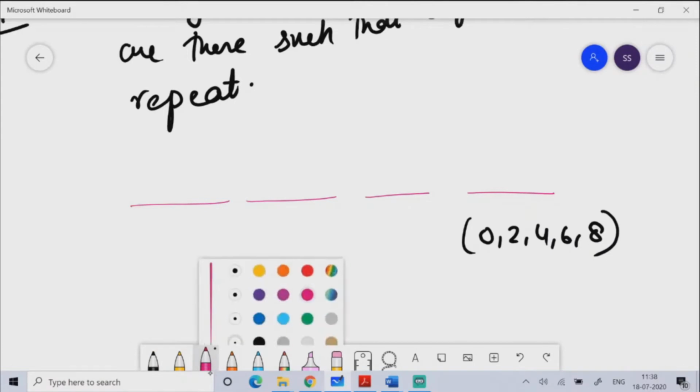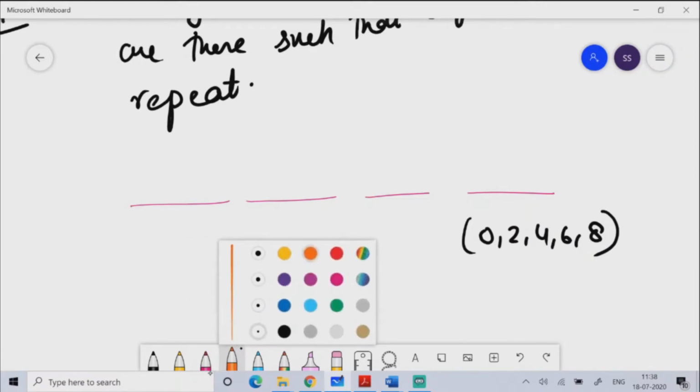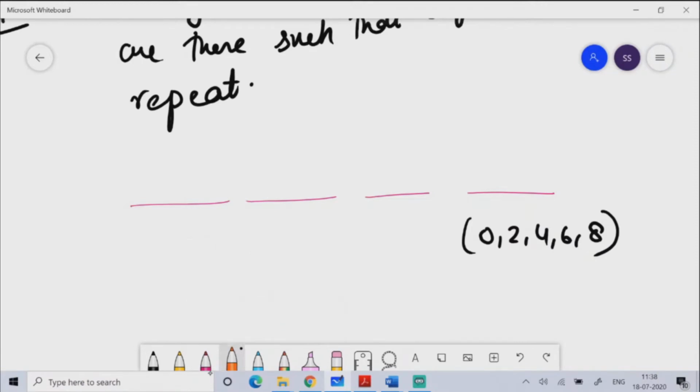Because your digits cannot repeat, you will understand the importance of priority in your life. So you will start giving priority. You will not fill this place first; you will first fill the unit place. So you will ask how many digits can come here. You can say here five digits can come. Why five digits? Because either 2 can come, or 4, or 6, or 8, or 0. So you'll say here 5 digits can come.